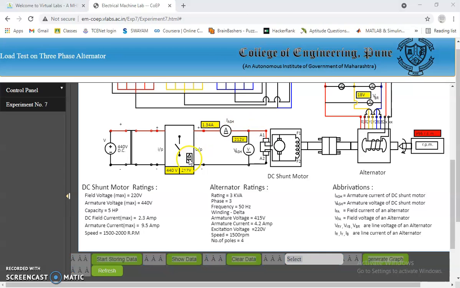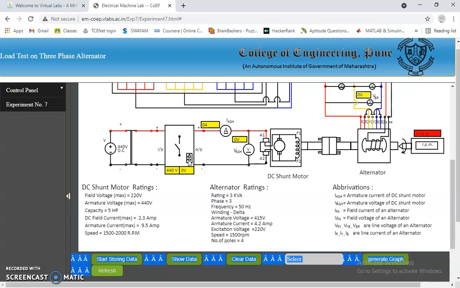Thus, we have conducted the load test on 3-phase alternator by driving the alternator at its rated speed 1500 rpm and increasing the field excitation till the armature voltage reaches its rated value. We can easily interpret that when we increase the load, the armature current will gradually increase and the voltage will also vary according to the type of load, as we used resistive load here. By observing the input and output of the alternator at each load, we can calculate the corresponding efficiency and regulation.